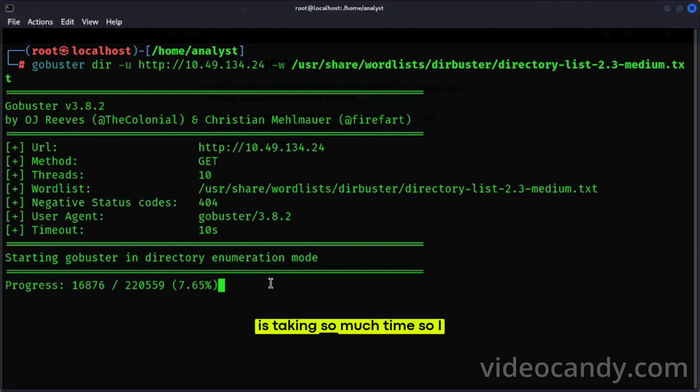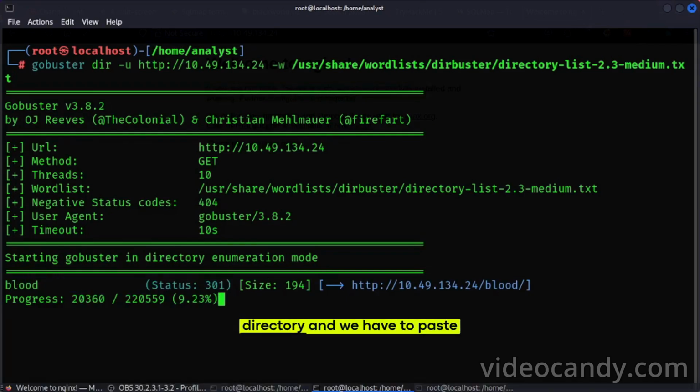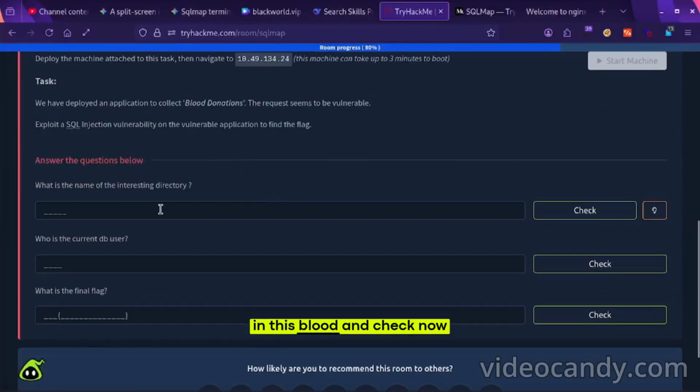It is taking so much time. We got the blood directory, this is a fantastic directory, and we have to paste it in the browser and check.